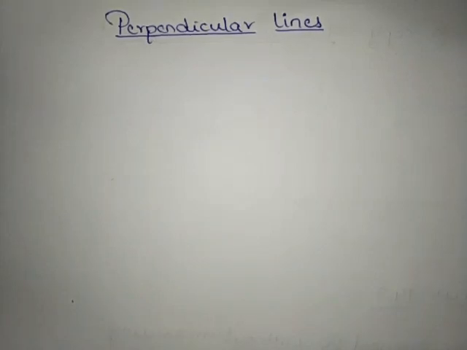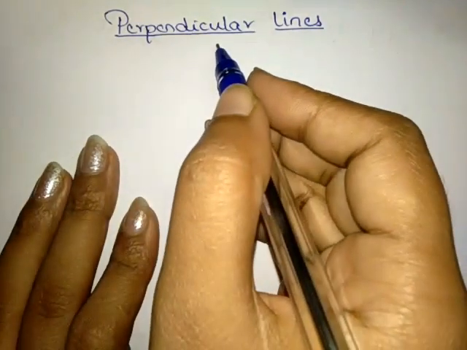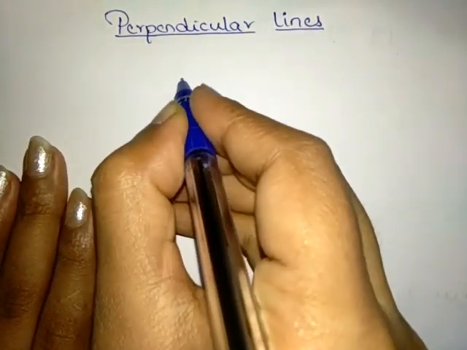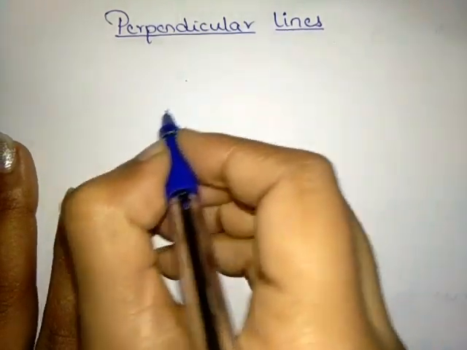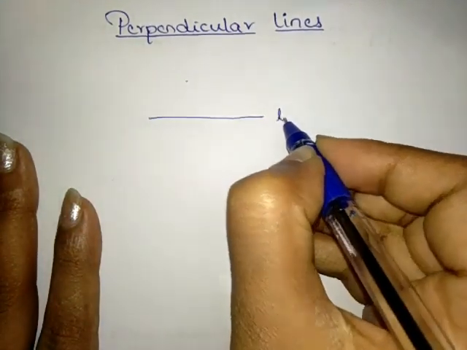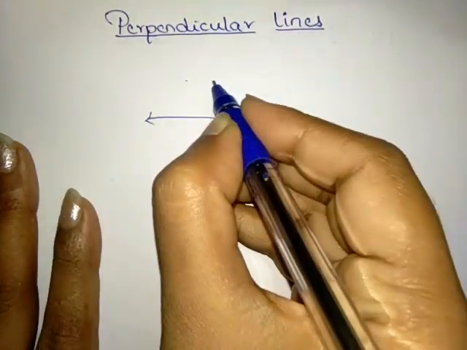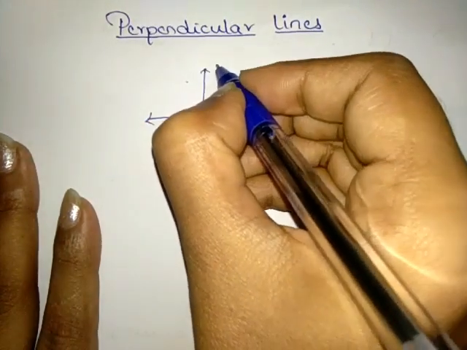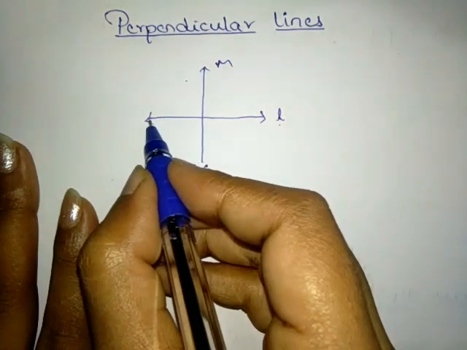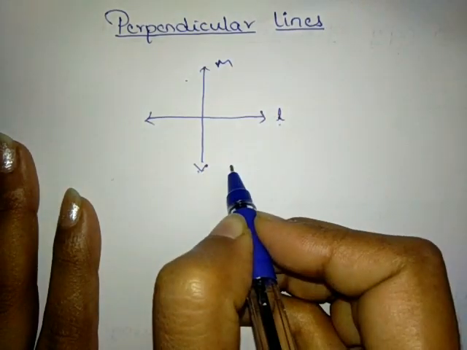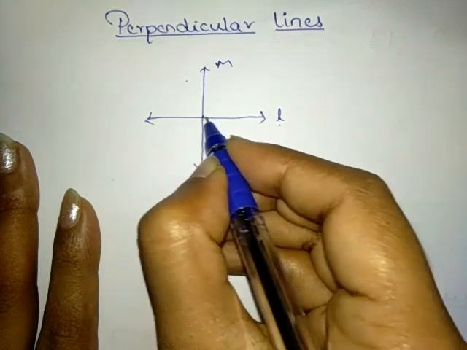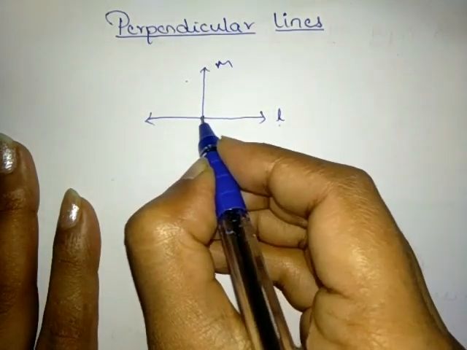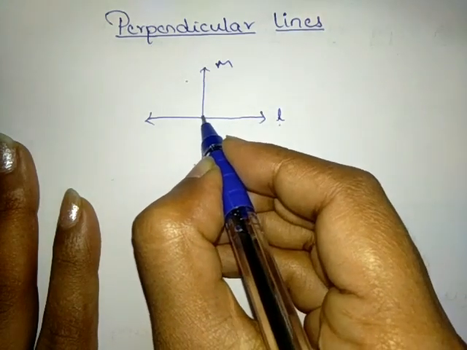Okay students, now we'll learn about perpendicular lines and also how to construct a perpendicular line. Now, what is perpendicular here? Suppose there are two line segments or two lines here. This is one line segment, I will call it L, and one more line, I will call M. You can see these two lines are intersecting each other. Intersecting means they are meeting each other at a point here, isn't it? They are meeting at this point, right?